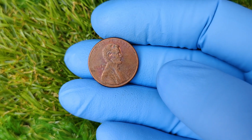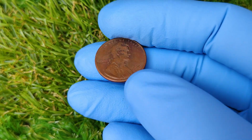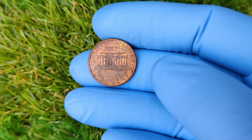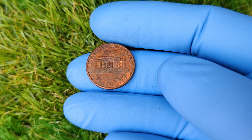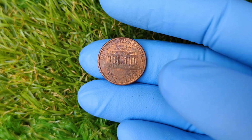Local coin shops can offer appraisals, but you can also find buyers online through platforms like eBay or specialized numismatic websites. Just be sure to do your research to ensure you're getting a fair price. In conclusion, the 1990 60 Lincoln penny is a great example of how a common coin can become extraordinarily valuable